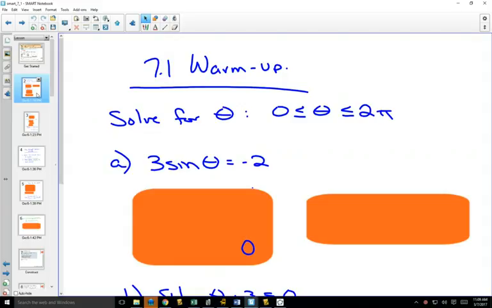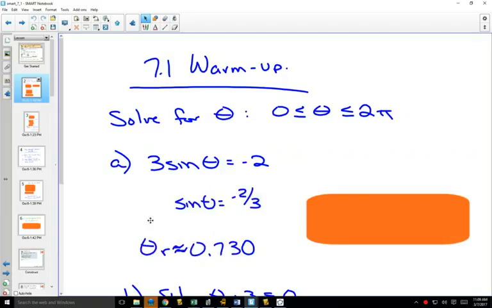So now you've had a little bit of time to look at this one. I'm going to go over this one a little bit faster in case you're stuck. What do you want to do? You first of all want to get sine inverse by itself. So we divide both sides by 3. Now to get our reference angle